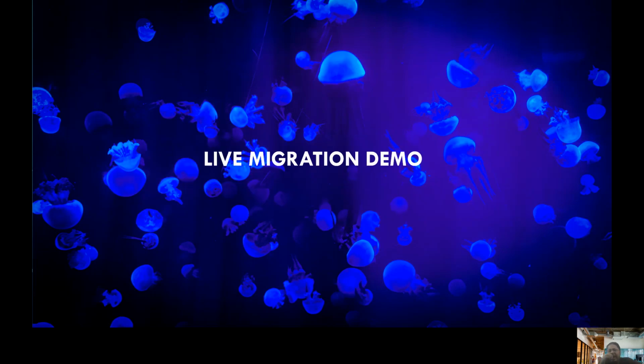So without wasting any further time, let me quickly jump to the live migration demo of this SharePoint workflow migration tool. And I'm sure you will definitely enjoy this session, because this is going to be a unique creation of IBM, as at present no other vendor in the world has this kind of SharePoint workflow migration tool.